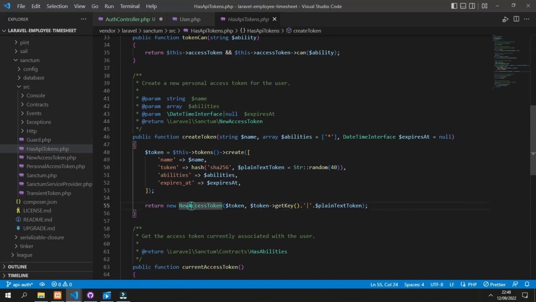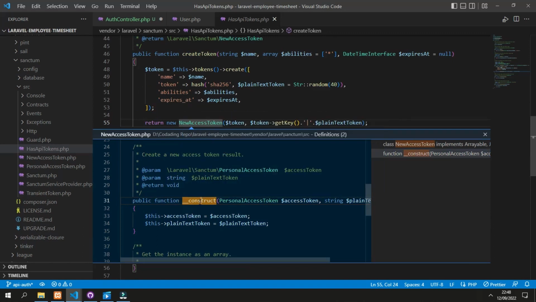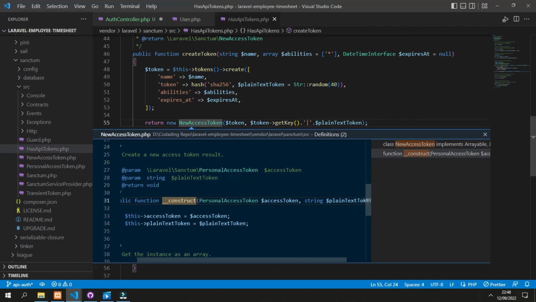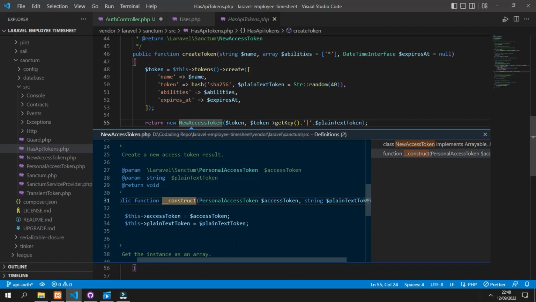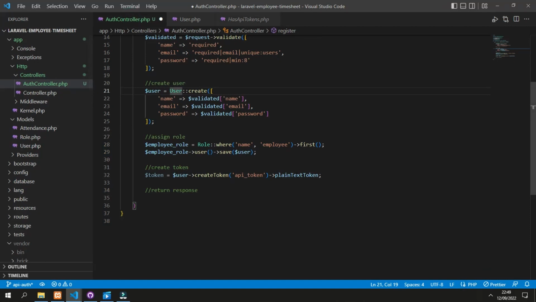If we look inside this NewAccessToken object, it has two fields. The first one is the access token object, and the second one is the token in its plain text version. That plain text token is what we will send back to the user.